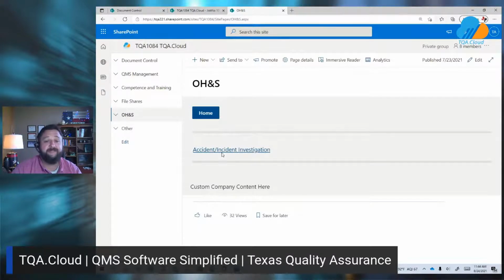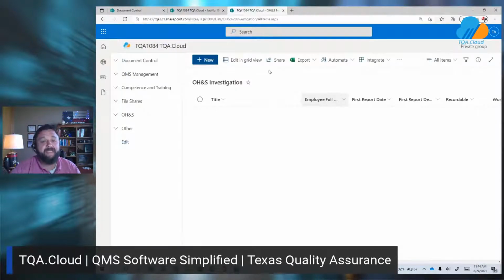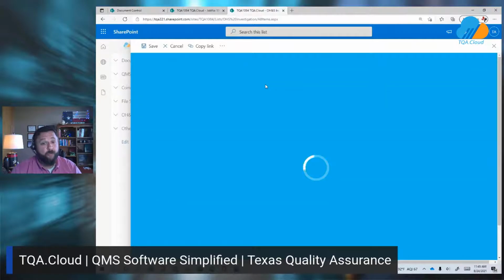So let's take a look at our accident investigation form here. Now, something really cool about this is the accident investigation form here, the OHS investigation form, is actually a tool that we have used in our consulting business really for quite some time. And it's an Excel spreadsheet because that's what we all do in the quality management world. So that spreadsheet we utilized, we converted into a digital document. So when we converted this over to a digital document, I'll give you a little bit of detail of what that means. We have what we call digital workplace solutions.